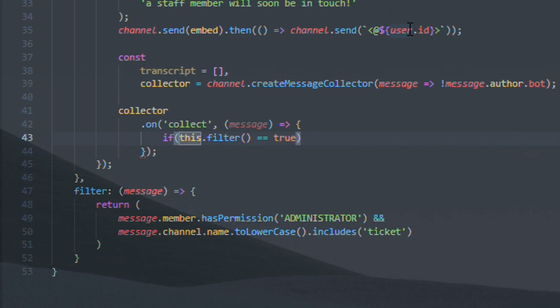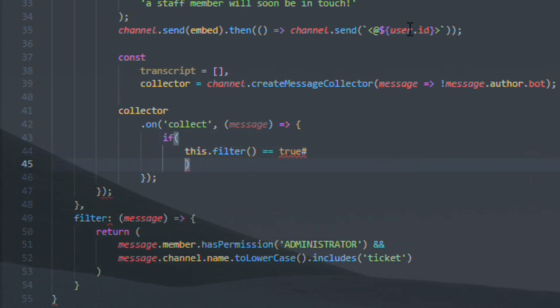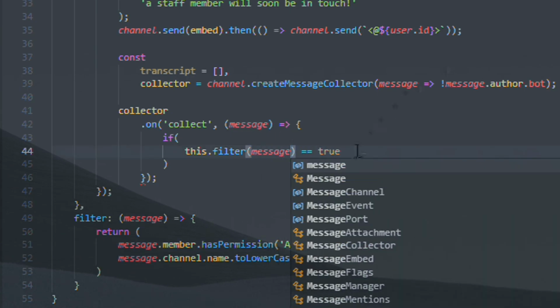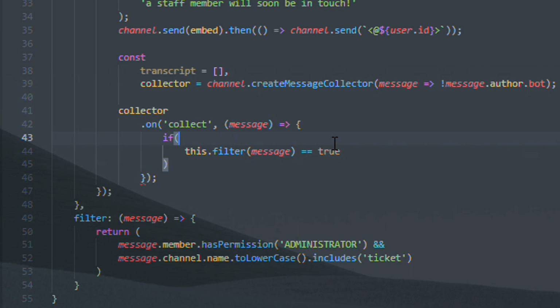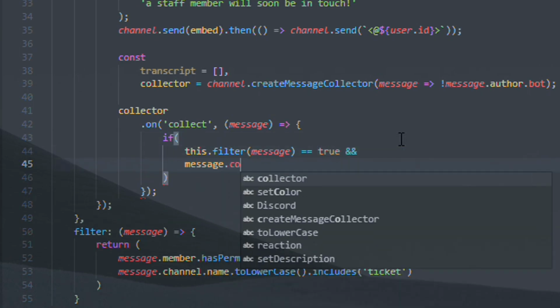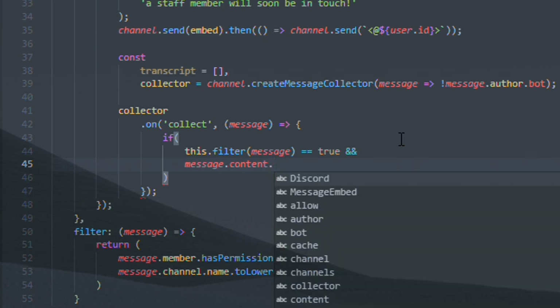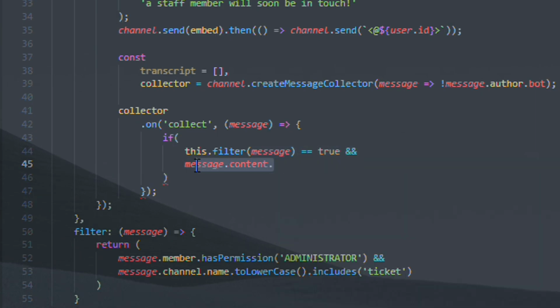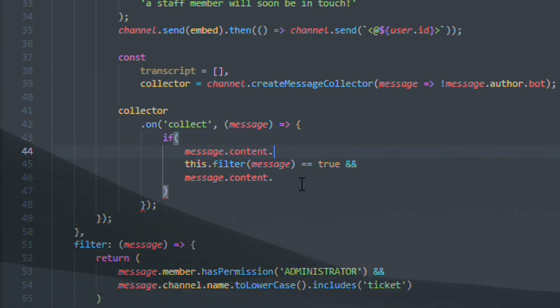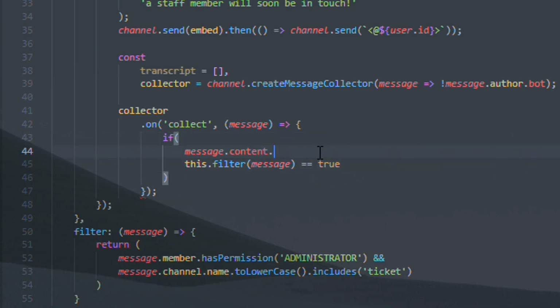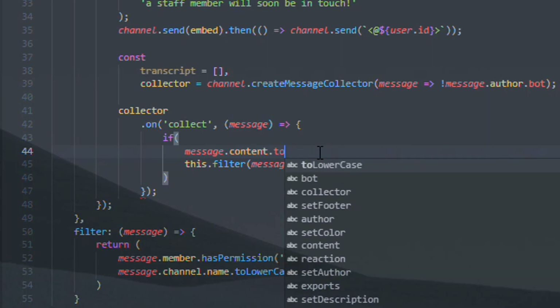And now over here again, we basically check if this passes the filter. So if the person who wrote has, oh, we have to pass the message, has the permission to actually close the ticket, and the message content actually is, actually it would be more efficient to check it over here and then check if it passes the filter. So content to lowercase